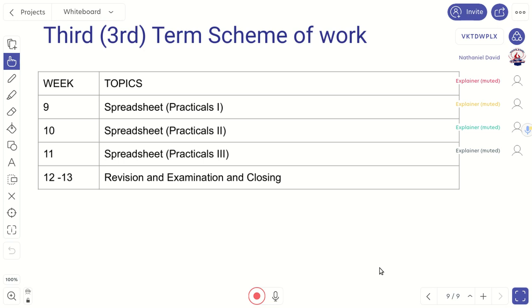Session. So from week 9 to 11, spreadsheets, hands-on lab sessions. Of course, you can see that most of what we'll be doing are more of practical. So please try as much as you can to ensure that you're using your computer in our next session. Today was just more like an introduction, and also to give you a heads up of what